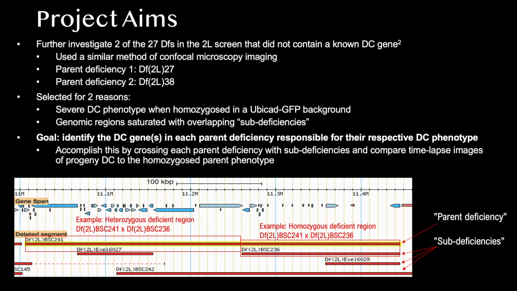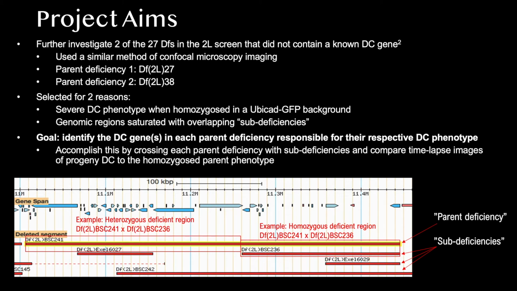Subdeficiencies, which you can see in the same example map below, are just deficiencies that partially overlap the parent. So, if you crossed flies of a parent and subdeficiency, you would get progeny that is homozygous deficient for some genes and heterozygous deficient for the rest of the genes of the parent deficiency. Comparing dorsal closure in these transheterozygous embryos to the homozygous parent is valuable because if they have the same phenotype, we know it is a result of genes in the homozygous deficient region. Performing these crosses leads to my ultimate goal of identifying the novel DC genes in each parent deficiency responsible for